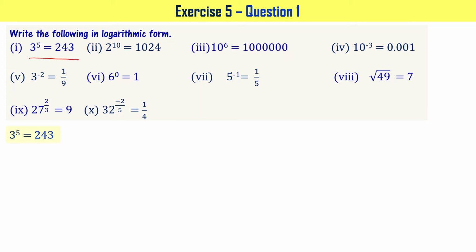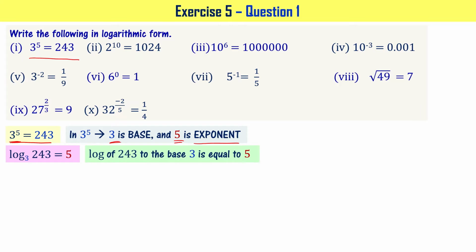Observe this. In 3 power 5, 3 is called base and 5 is called either power or exponent, right? Please note this. When you write this particular equation in logarithmic form, it will be written as log of 243 to the base 3 equal to 5. Look at this. You have 3 power 5 equal to 243, right? The base here becomes base of the logarithm, right? And this 243 is